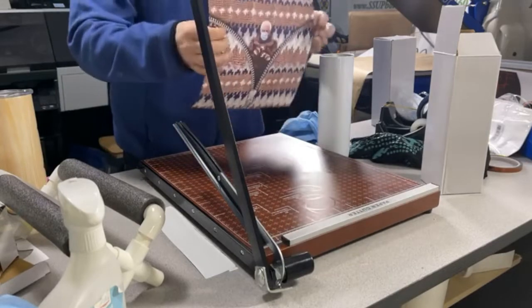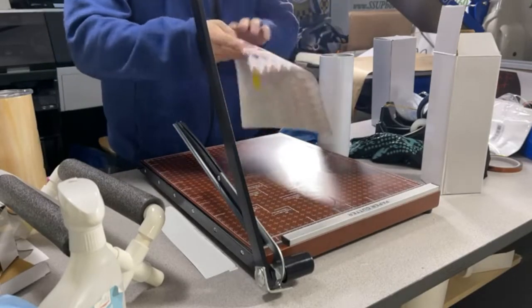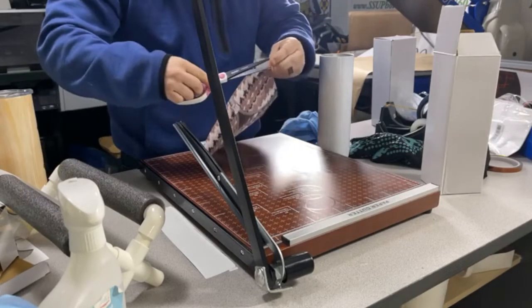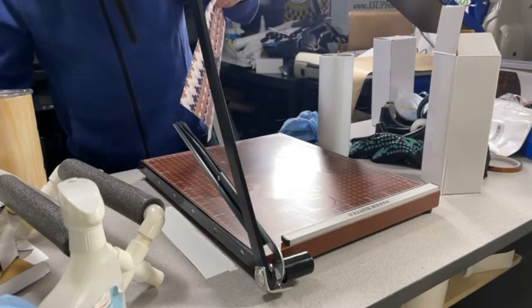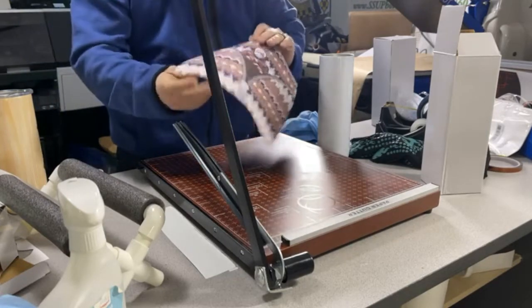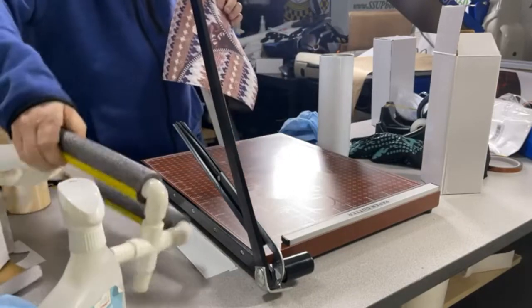Alright, now we have a top and we have a bottom. What I do is the heat tape hangs over both sides, but I'm going to cut the one on the bottom. You do not need the one on the bottom. Cut it right off. Okay, now we have the one on the top. What's nice about that is you know this is the top. So when you put it together on your mug, on your tumbler,